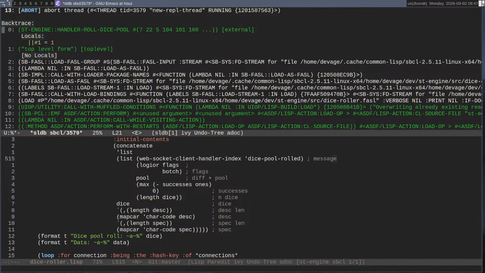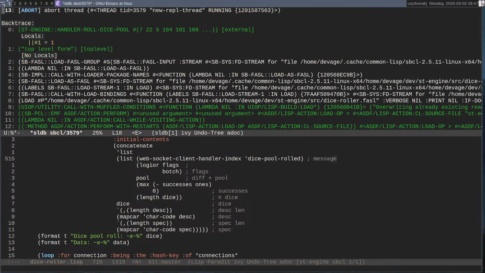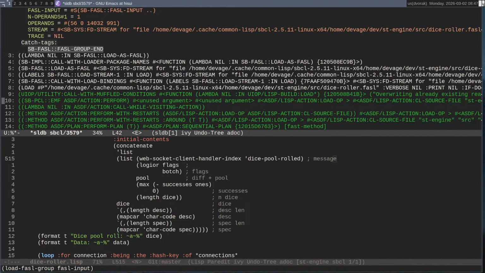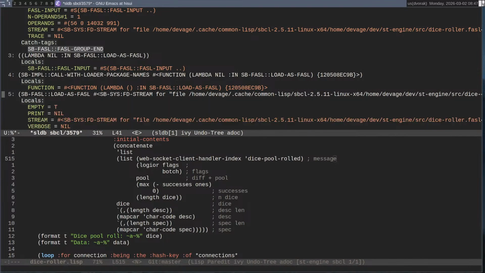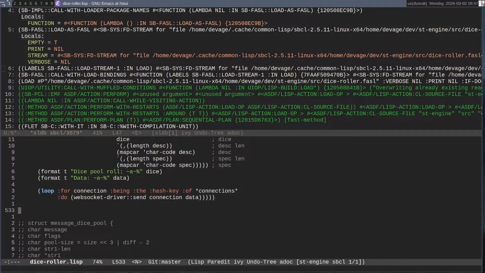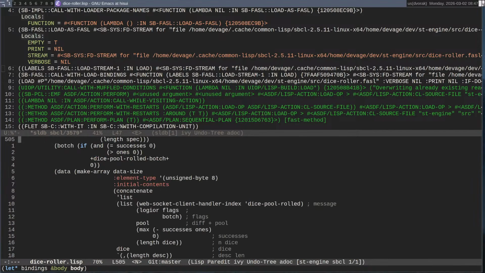And we can see a bunch of stuff happening. This is happening because I do tests. Ah, you know what it's gonna be. It's gonna be because I do tests.